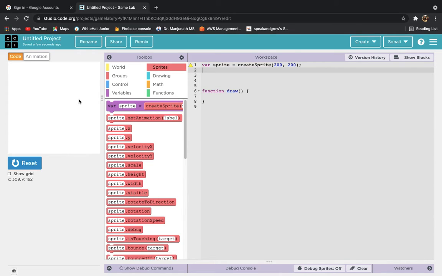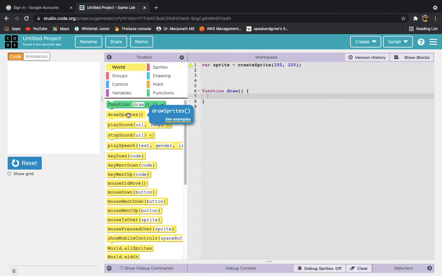So the next step: if you only drag and drop create sprite, it's not going to help. To fix the issue, you will always have to go to world and take the second option, that is draw sprites. You see, after function draw we have draw sprites.